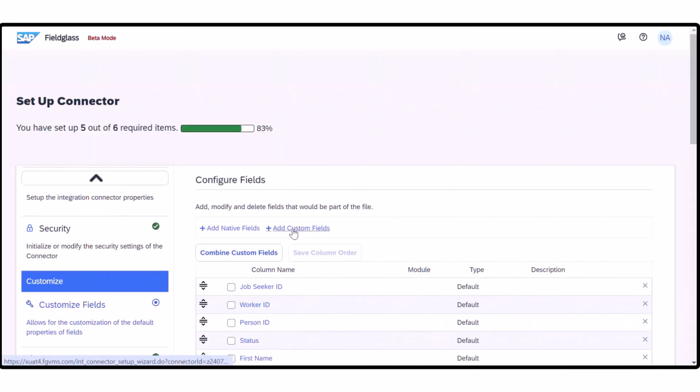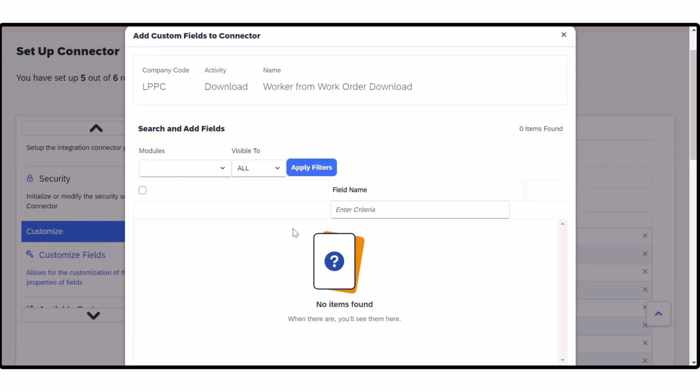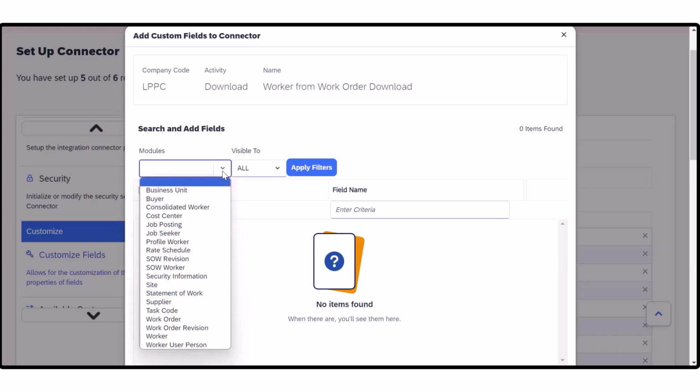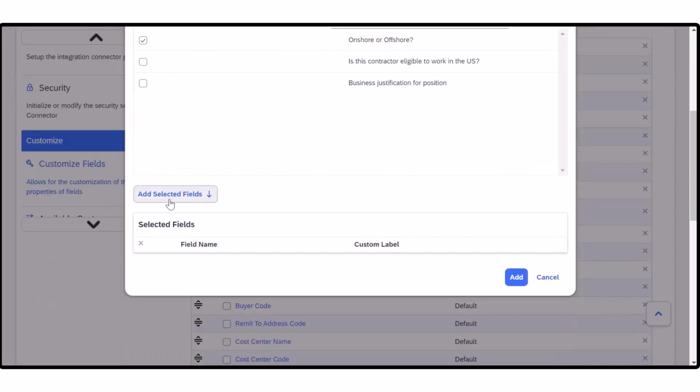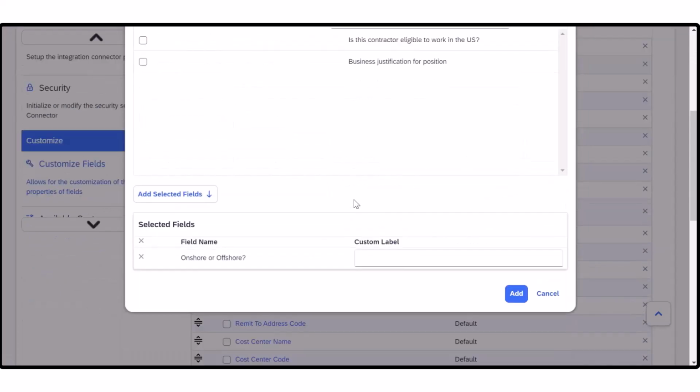First, you'll click on the Add Custom Fields button to bring up a pop-up window. Here you'll notice that a major difference between adding native fields and custom fields is that the custom fields require a module selection. When you're selecting the module, you will follow the same steps as outlined for adding native fields. You'll click on that little radio button, scroll to the middle of that pop-up window, add selected fields, and here